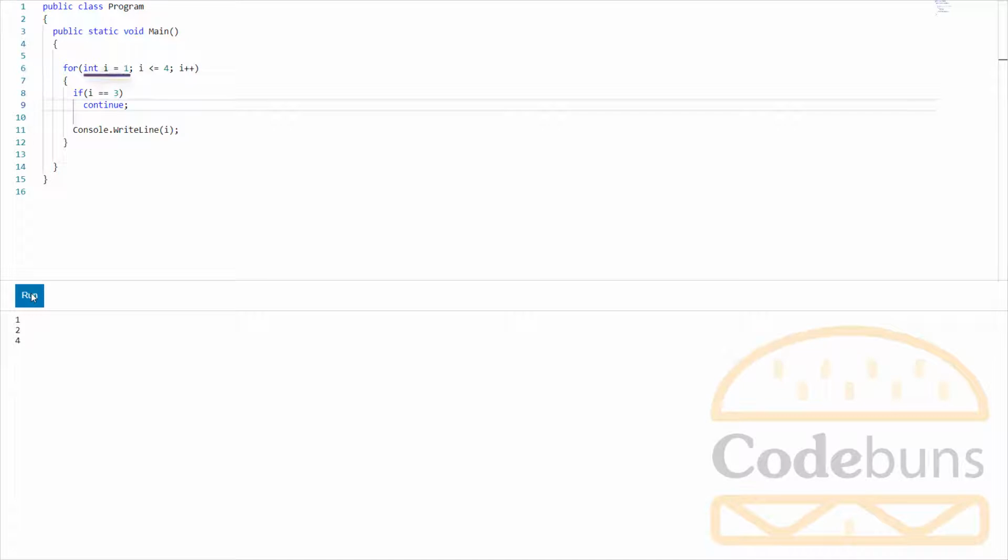First, we initialize the counter variable to run from 1 to 4. When the counter reaches 3, this condition evaluates to true because 3 is equal to 3. This causes for loop to skip rest of the current iteration and initiates the execution of the next iteration. You can see the result here. Number 3 is skipped. Let's see how nested loops look like.